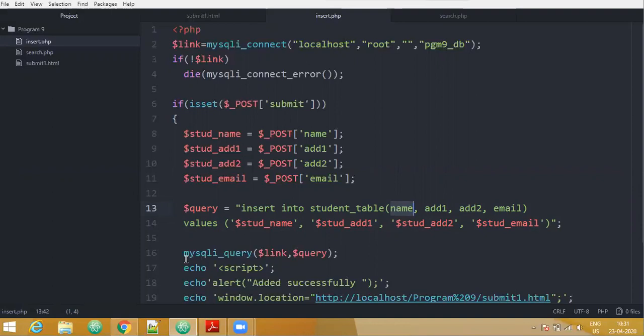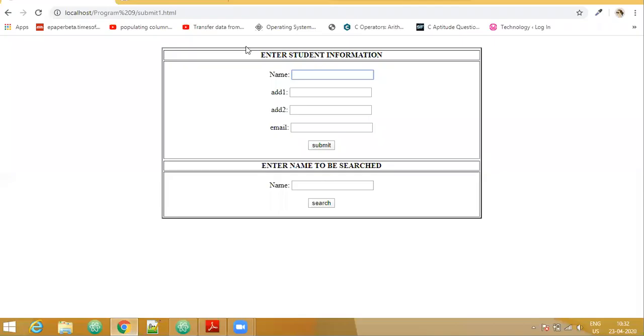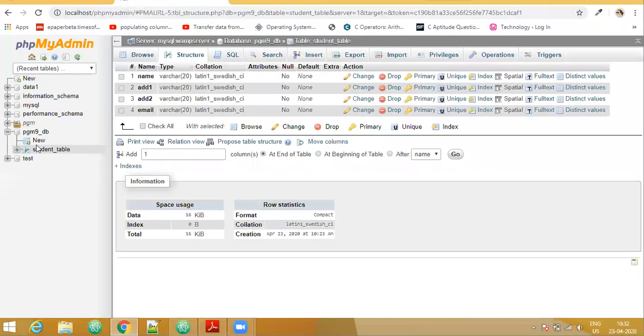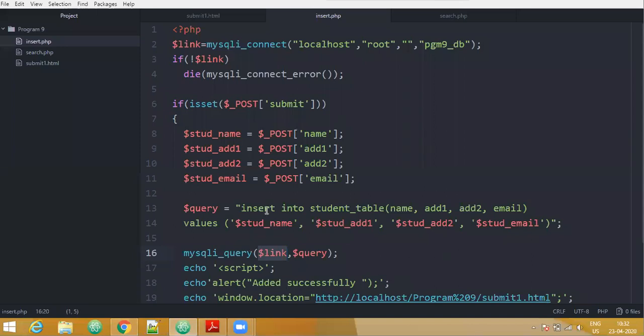Then the next statement we have is MySQLi query. This is going to execute this particular string. So it takes two parameters. First, it has to understand for which particular database that query is written. Because if you have a look in your phpMyAdmin, there are so many databases. So in which particular database will you find this student table, that we have to tell.